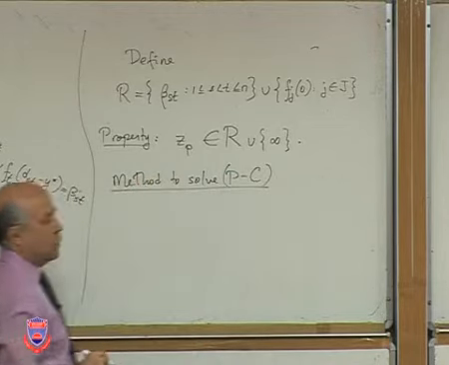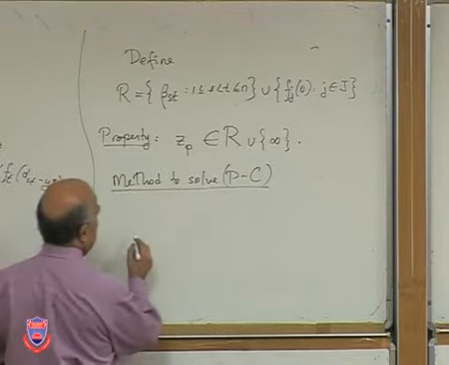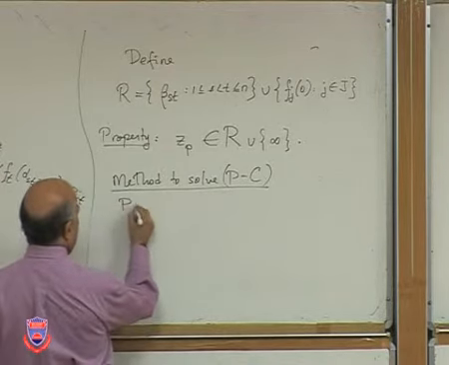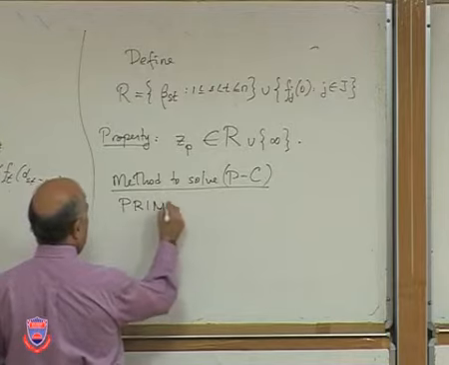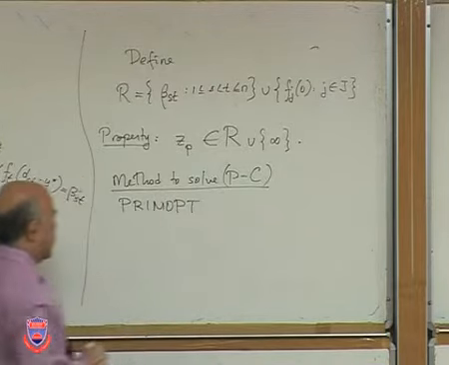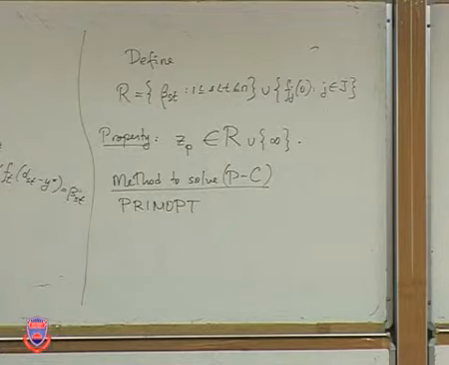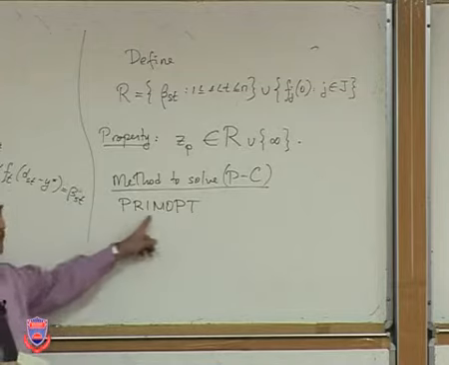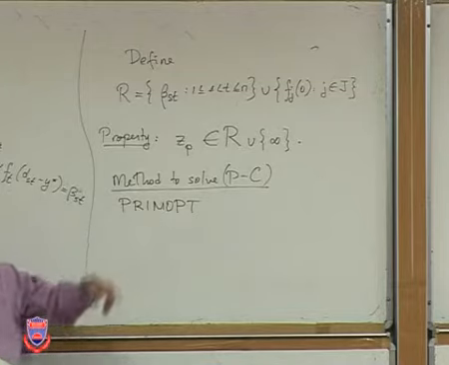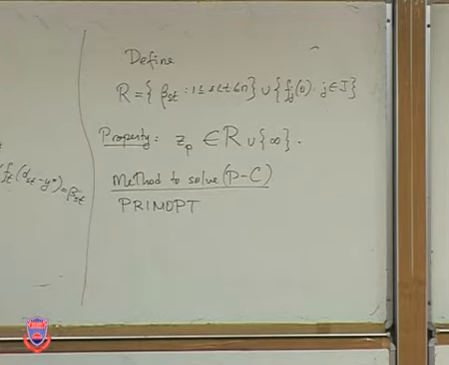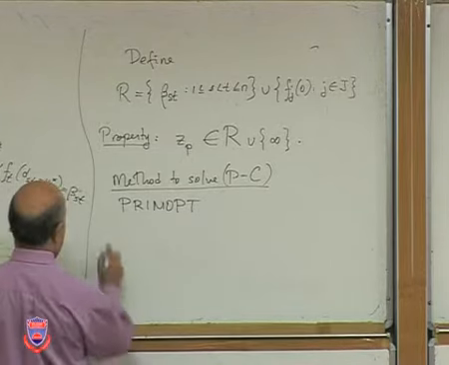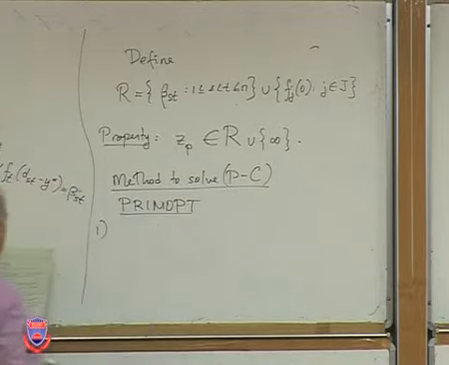So here's the method to solve the p-center problem. I'm going to call the algorithm PrimOpt, standing for Primal Problem Optimization Procedure. Okay, whatever or however you want to interpret it, but it's the primal problem we're talking about. Then there will be a dual problem which I haven't defined yet, and that will have an algorithm called DualOpt later. Okay, so PrimOpt is the following algorithm. Step 1,